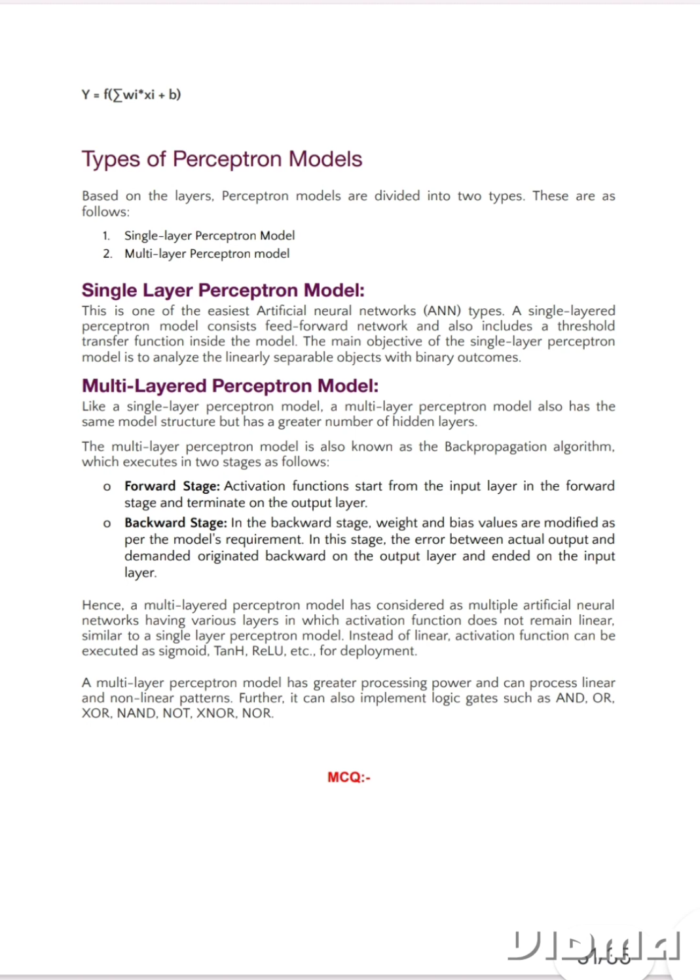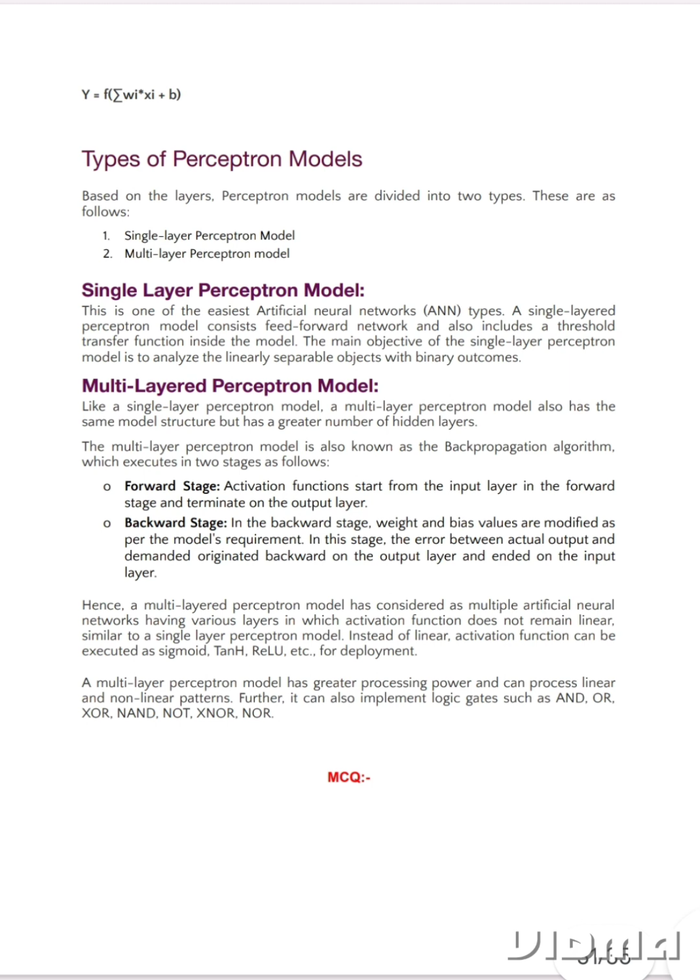Single-layer perceptron model. This is one of the easiest artificial neural network types. A single-layered perceptron model consists of a feed-forward network and also includes a threshold transfer function inside the model. The main objective of the single-layer perceptron model is to analyze linearly separable objects with binary outcomes. Multi-layered perceptron model. Like a single-layer perceptron model, a multi-layer perceptron model also has the same model structure but has a greater number